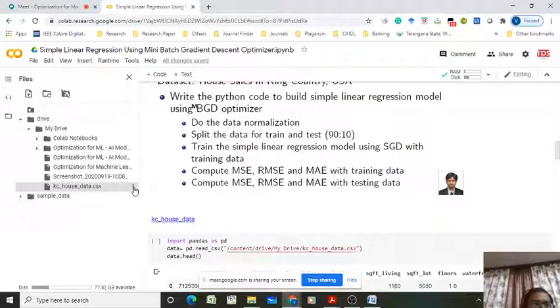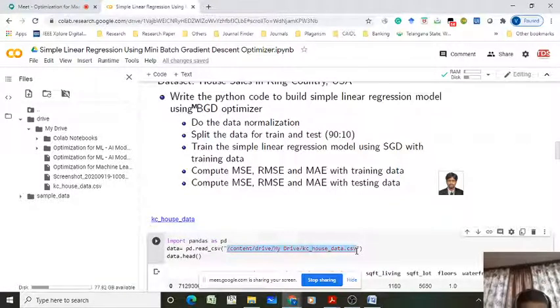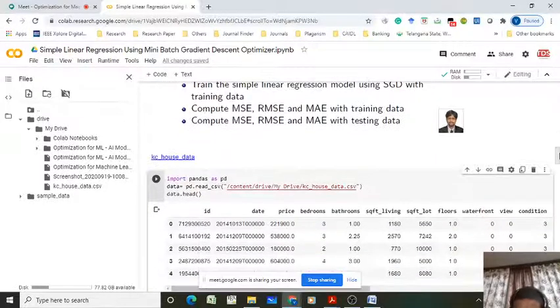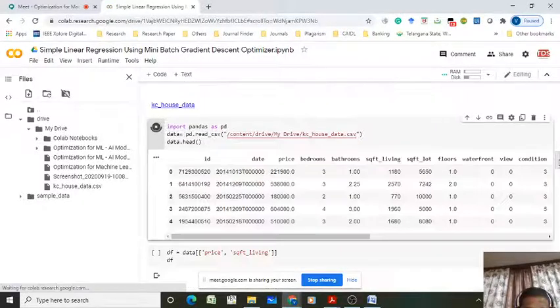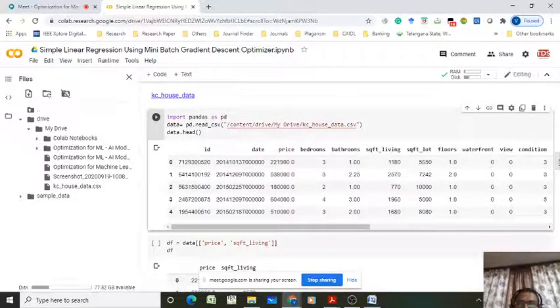Click here, copy the path and paste here. Now run this cell. Fine, this is the data.